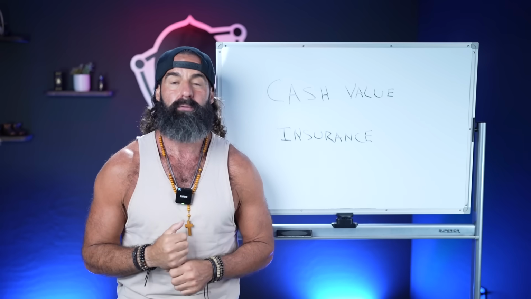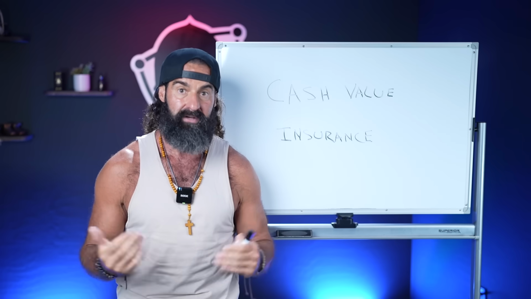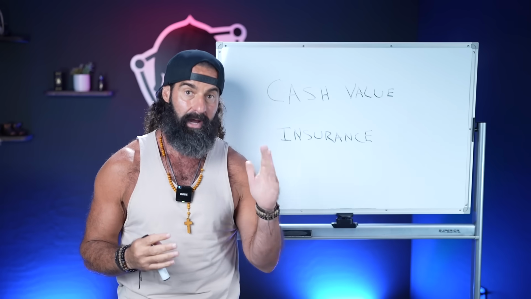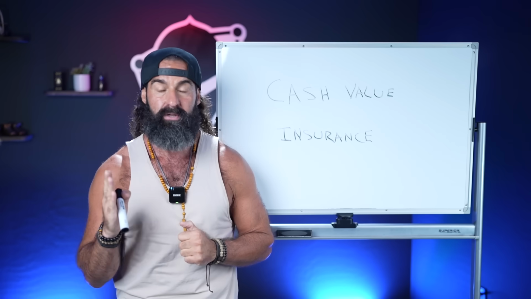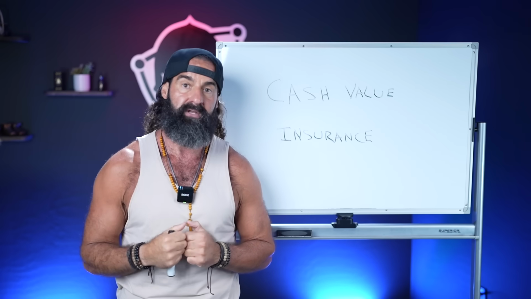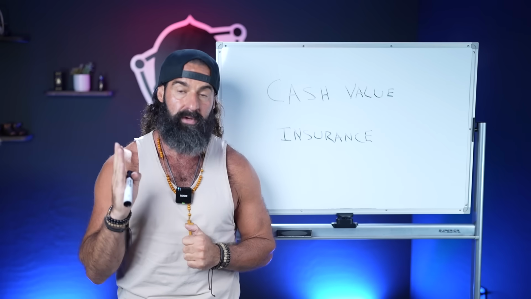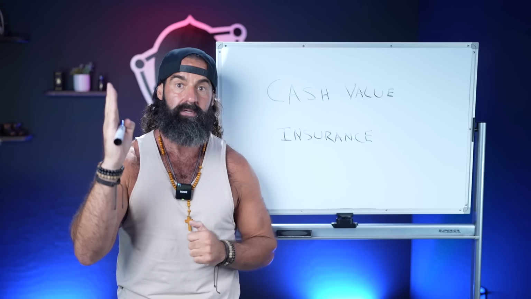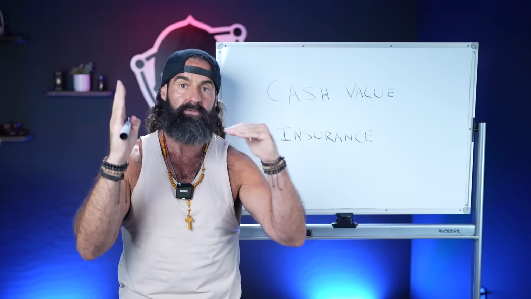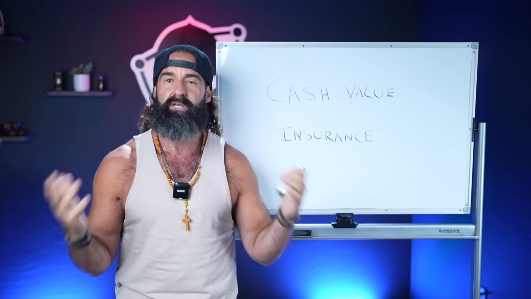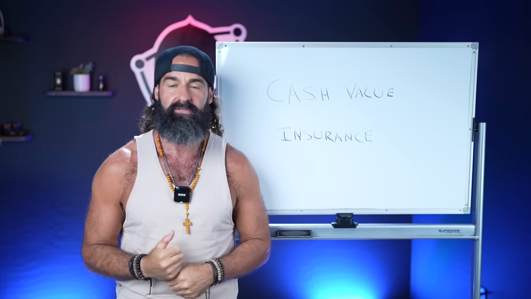Another beautiful component about this is I like to have increasing death benefits on mine, because what happens is if I had $300,000 sitting in the bank and $300,000 in my life insurance policy with an increasing death benefit, my life insurance policy is keeping up with inflation, as the $300,000 that would go to my family is deflating every single time they print more money. So there's so many different factors, so many different components to cash value life insurance.